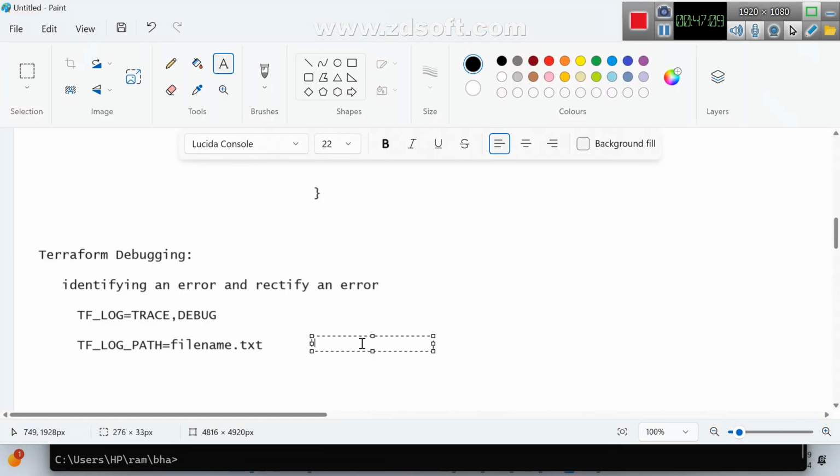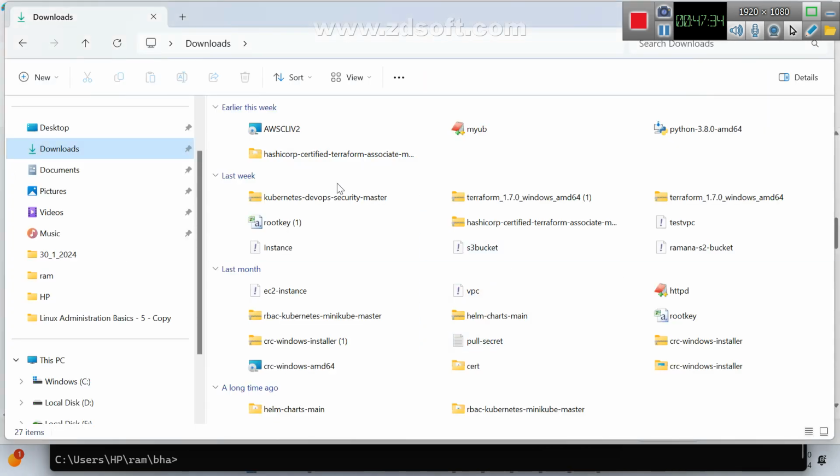In Linux we use export many times. Export TF_LOG=TRACE is the simple command in Linux. But in Windows, we need to apply the $env syntax. We'll see the path and, based on that, implement it.